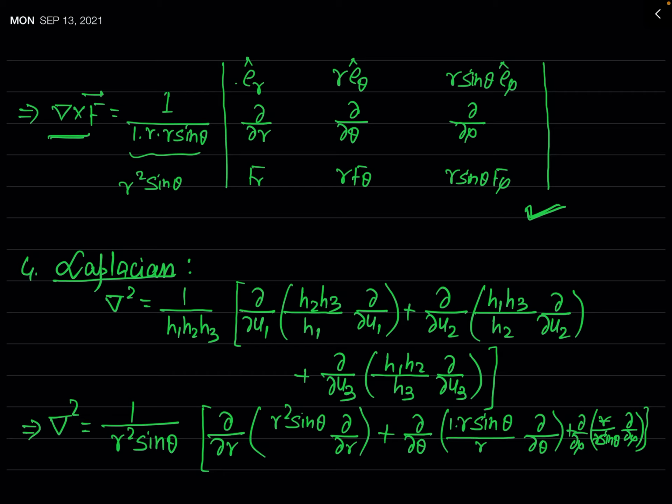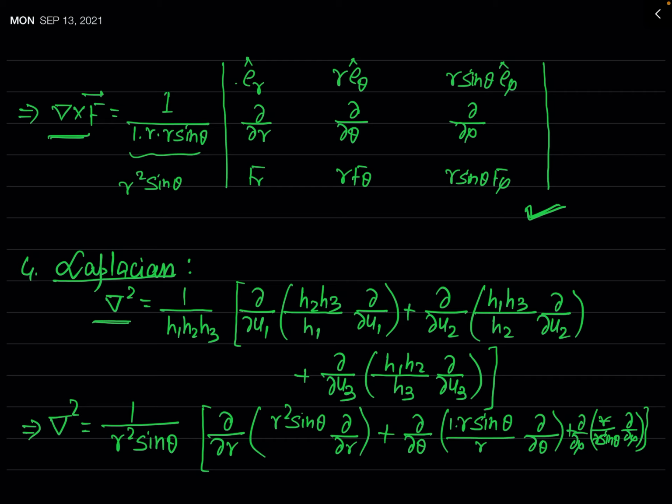So you must remember this expression in determinant form, and whenever it is needed to simplify it, you should know how this determinant will be evaluated. Now finally, we are going to find the expression for the very important mathematical operator which is called the Laplacian operator. For this, I have again mentioned the general expression of this Laplacian del square in orthogonal curvilinear coordinate